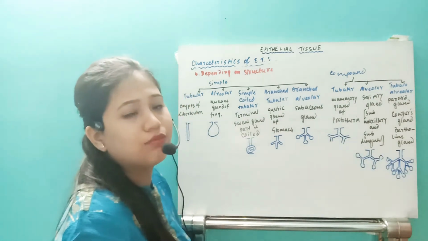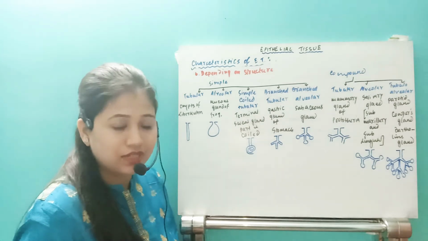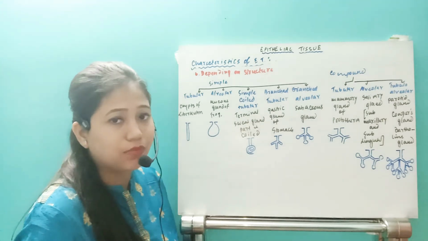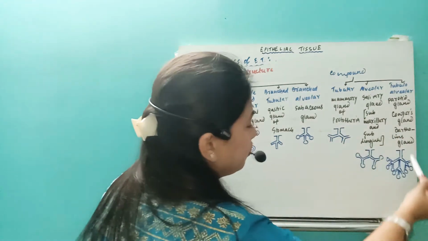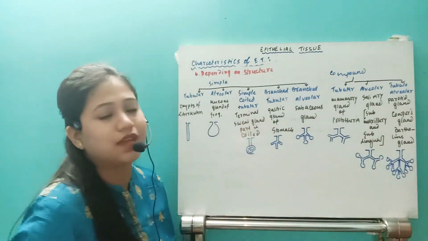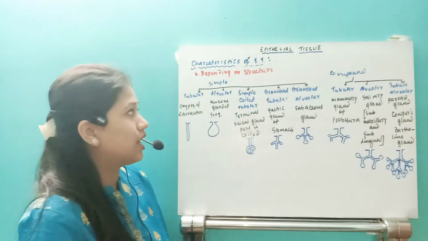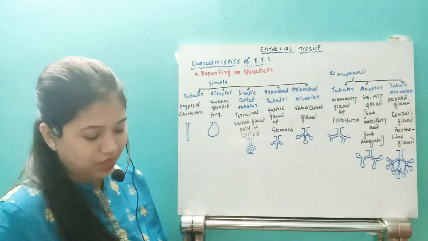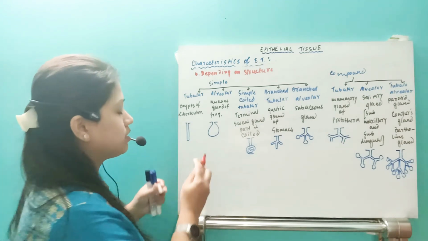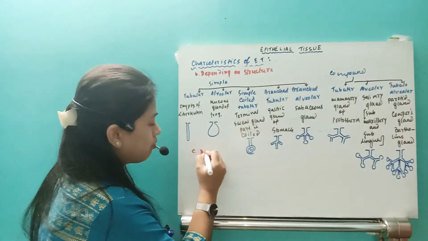And also in the male reproductive system, the Cowper's gland, and in the female reproductive system, Bartholin's gland. These are examples of the tubuloalveolar glands. It is the most complex type of compound glands. So depending upon structures, we have these types of gland. Now the third basis we can see,